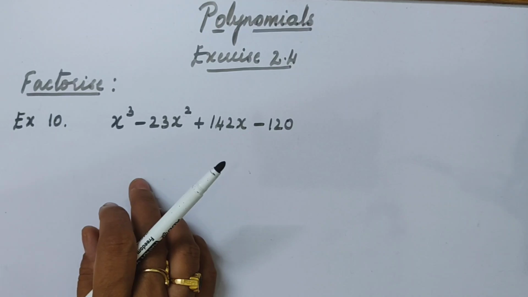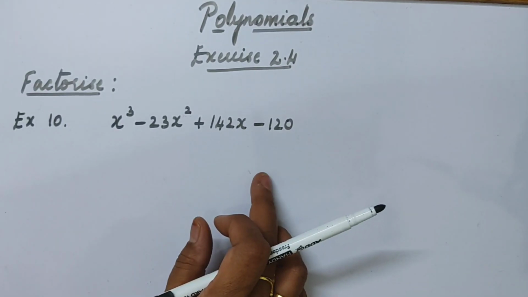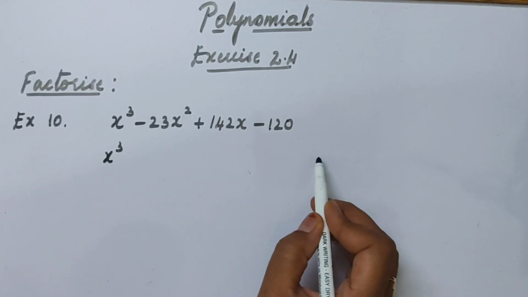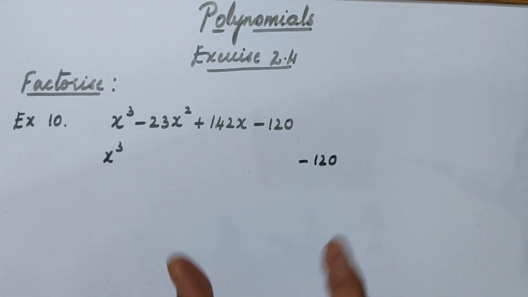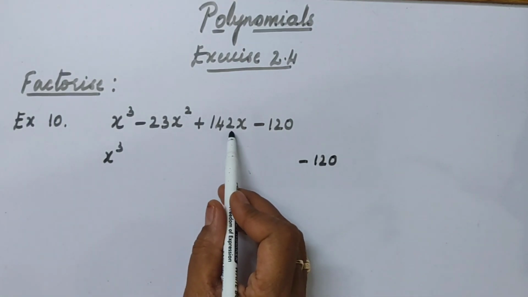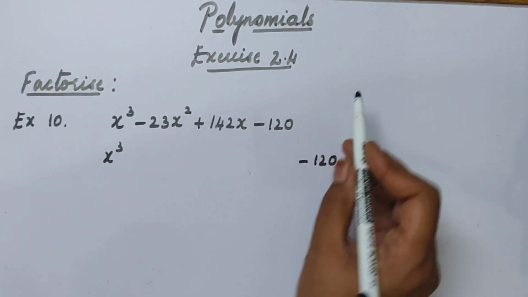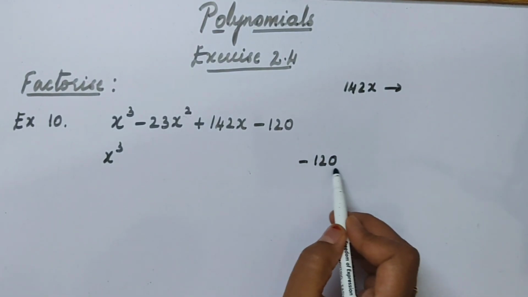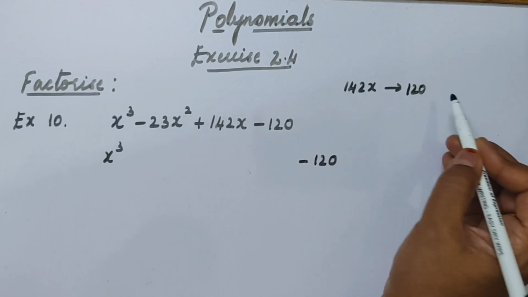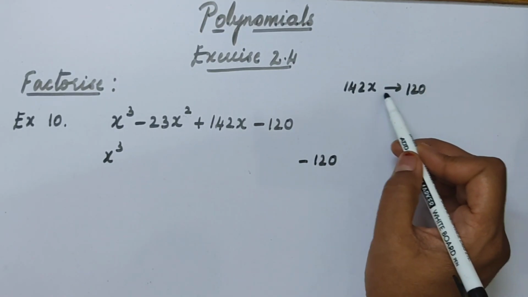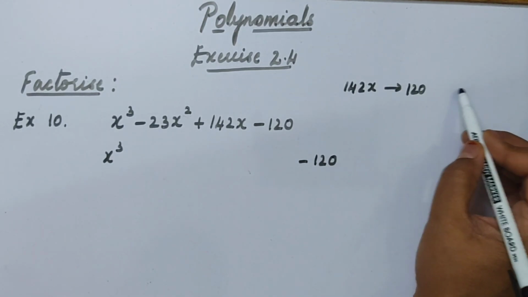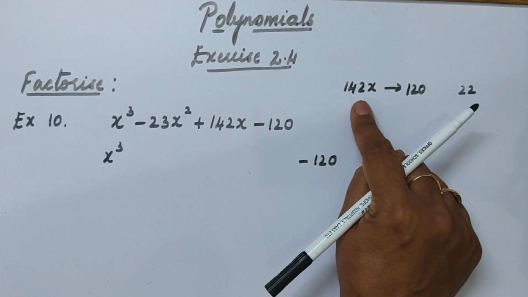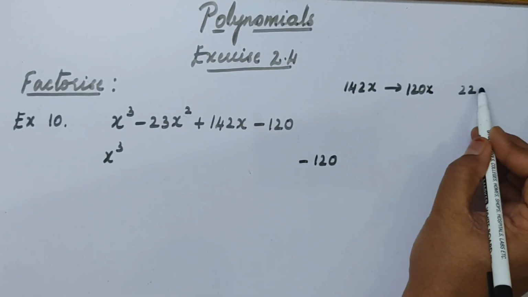So this is an example sum. It's a cubic polynomial. Let us factorize this, okay, students? Now I'm going to keep the first term and the last term as it is. I'll not disturb this. I need to get a pair of numbers for 142x. Let me start with 120 and here it is 22. If I add these both, I'm going to get 142, right? I'll split x on both sides.